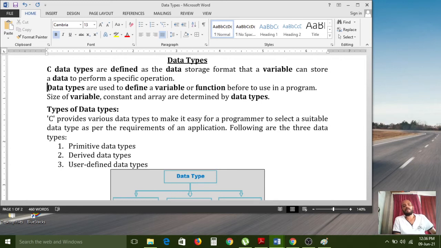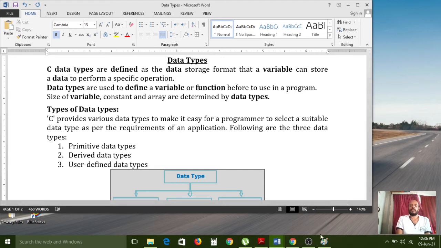To execute any statement in a C program, we must spare some memory in the RAM. How can we spare that memory? By using data types only. Without data types we can't create the memory while the program is running. That is the major advantage of data types.